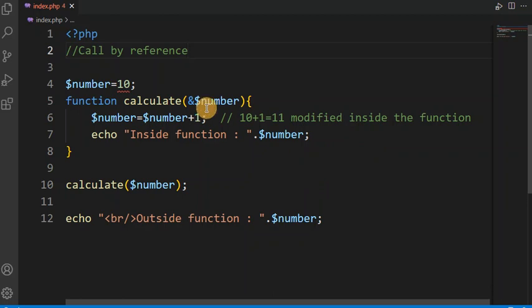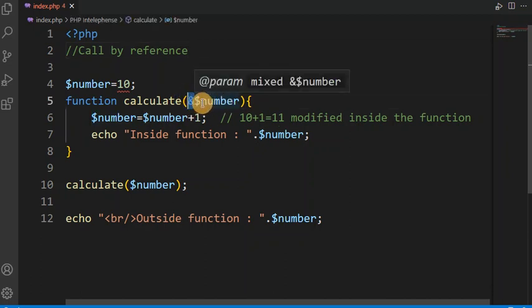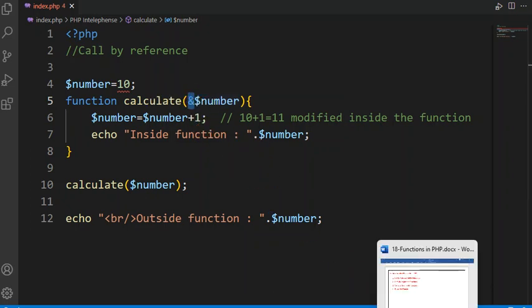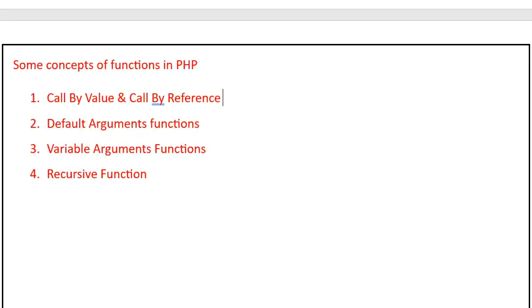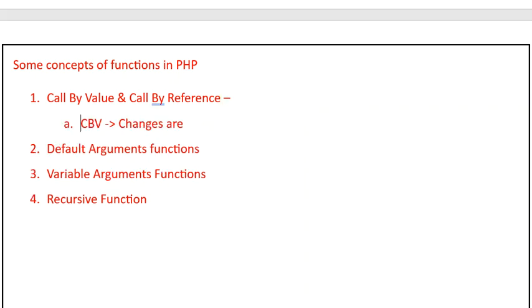This is the first difference, and the other difference is that in call by reference, we need to use the ampersand operator just before the formal argument in the function. So these are the two differences. Let me mention them here so that you can make a note of it. In call by value, CBV, changes are temporary,